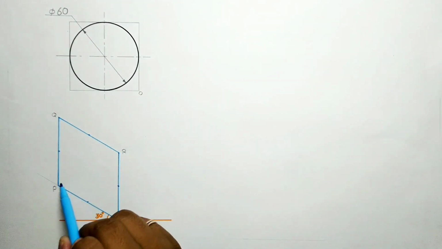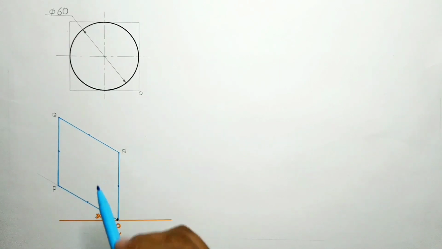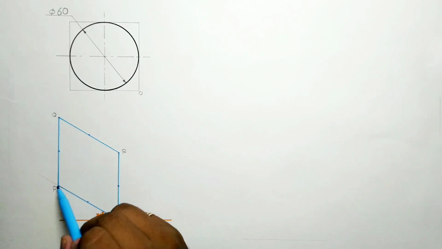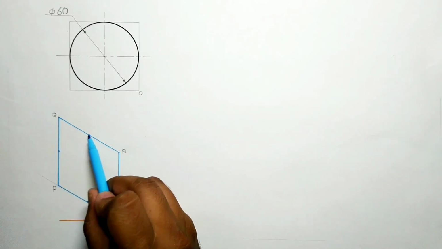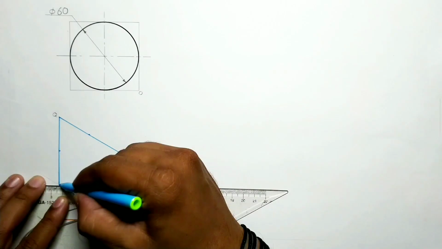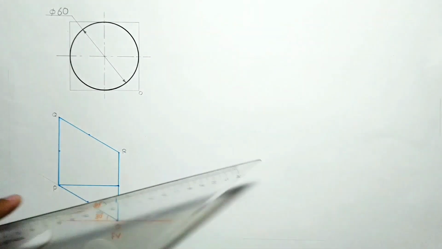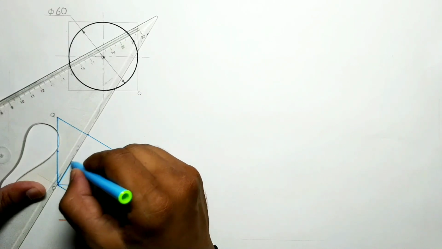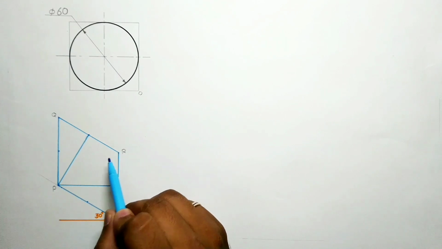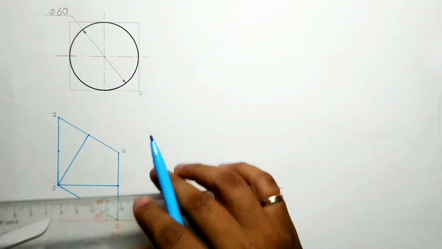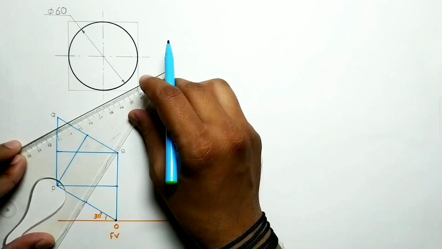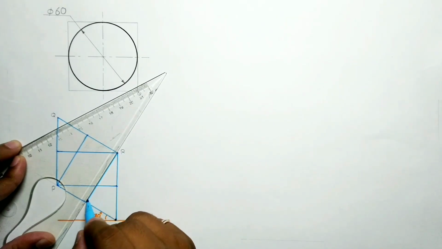See, there are two angles. These two are the larger angles and these two are the small angles. So from the larger angle, join this point with the opposite side center. Join this point with the opposite side center. This center and also P to this center. Similarly, from the second largest angle to the opposite side center. So R to this center, R to this center.